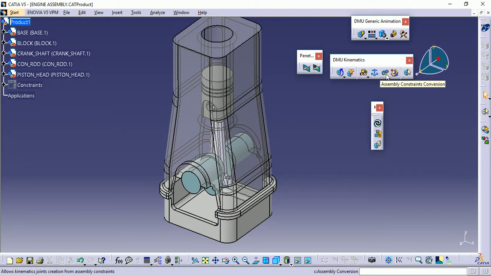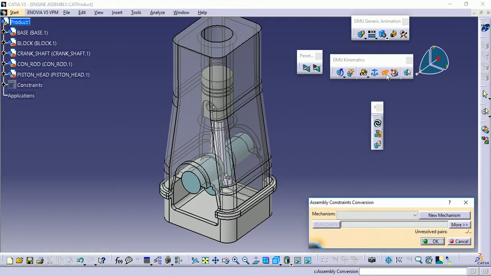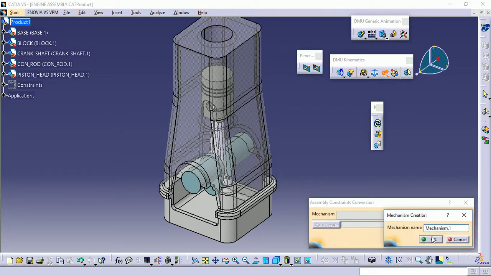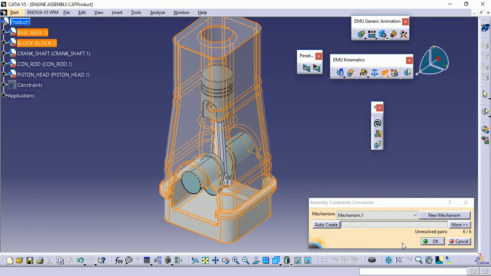Here we have an option in the DMU kinematics toolbar, assembly constraints conversion. Here I will take new mechanism, OK, and then I have to click on auto create. Now after auto create, we can see a message: unresolved pairs 0 by 6.